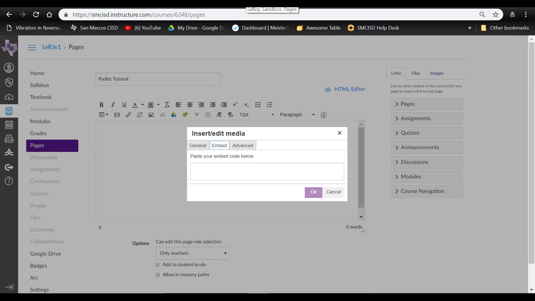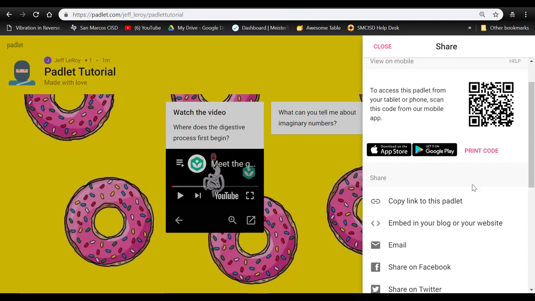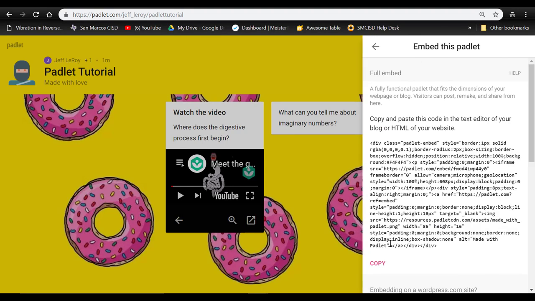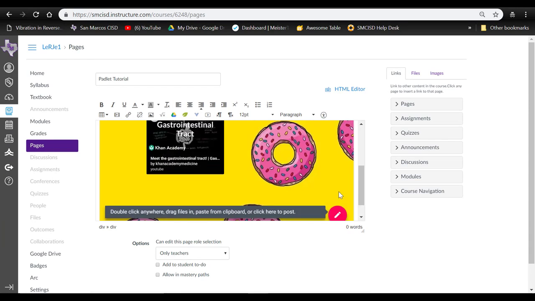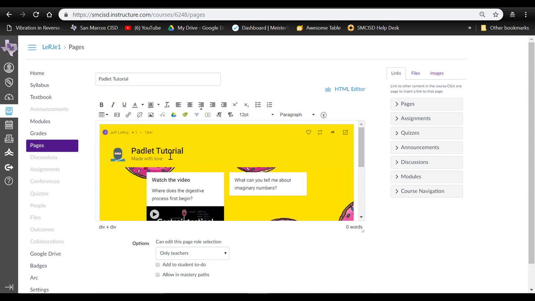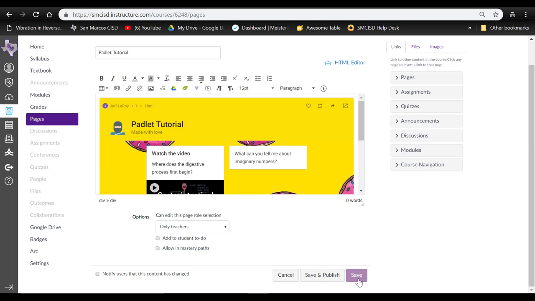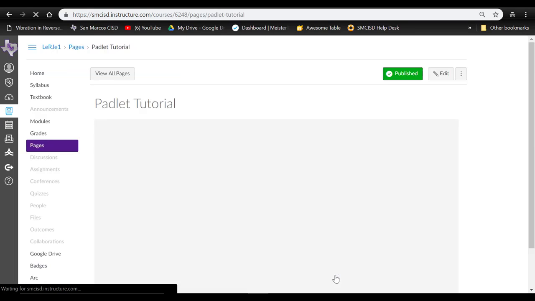So if I come back over here to my Padlet, I'm going to go right here to where it says embed in your blog or your website. And this is my embed code for this Padlet, so I'll go ahead and click on copy. And then I'll come back over here to Canvas, and I'll paste that code right here. I'll click on OK. And there, my Padlet is now inside of this page in Canvas. So if I click on Save and Publish,